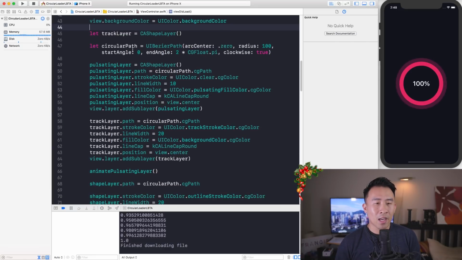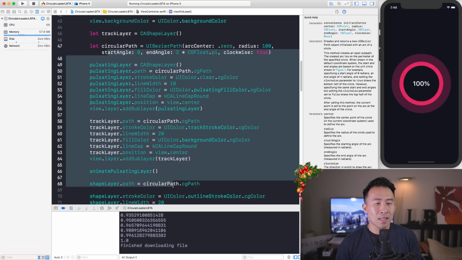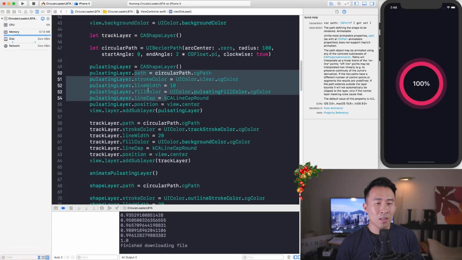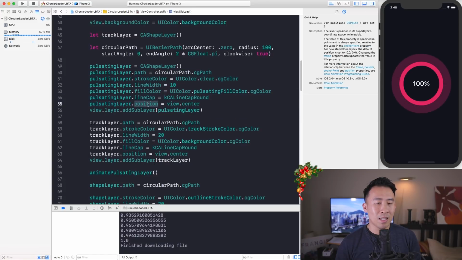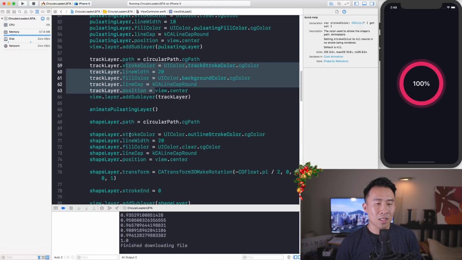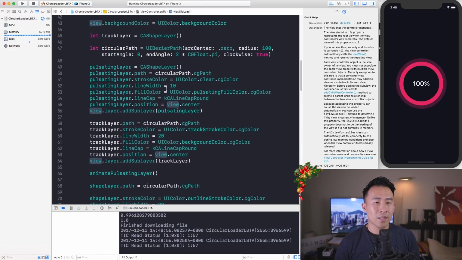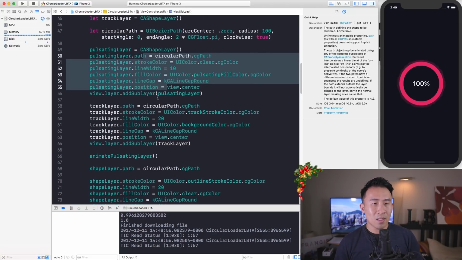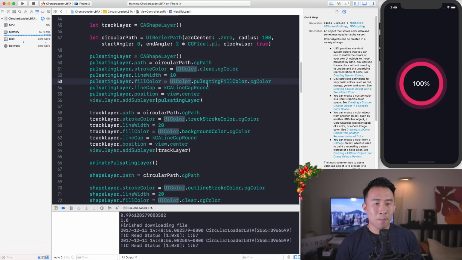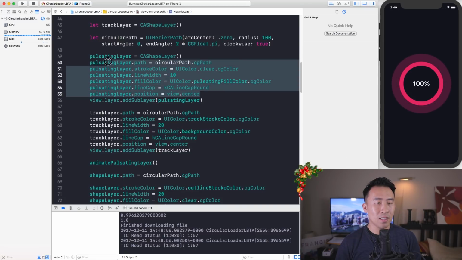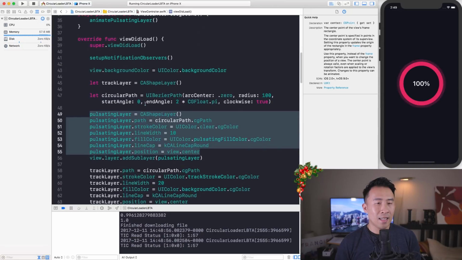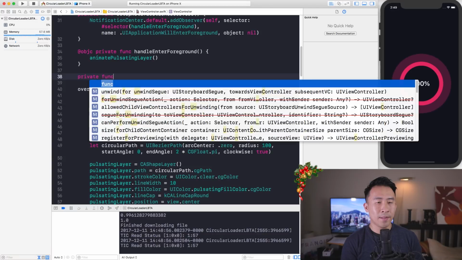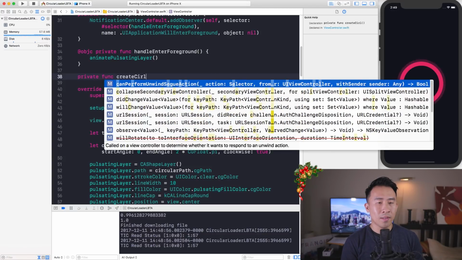And the thing that's kind of common and reoccurring between all of these lines of code is that we are using all of these path, stroke colors, fill colors, line cap, and position in all of these lines over here and over here as well. So let's refactor out this so that we don't have to constantly call these 5-6 lines of code. So the way I'm going to do this is to perhaps, let's see, cut this over here. So let me just copy that, and somewhere up here I will say private function create CA shape layer,